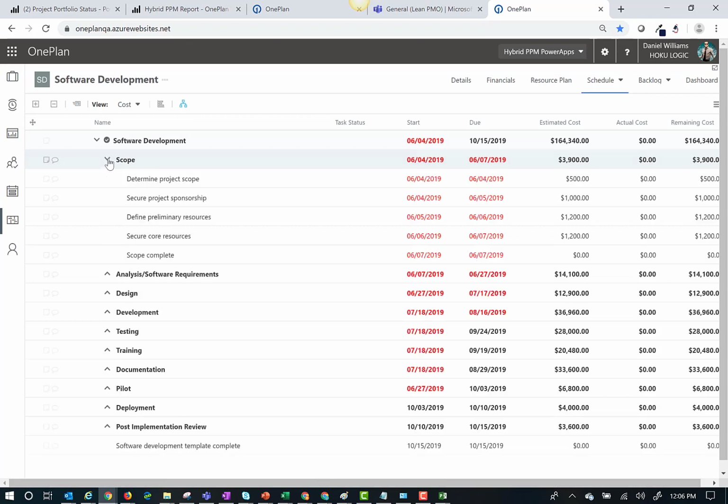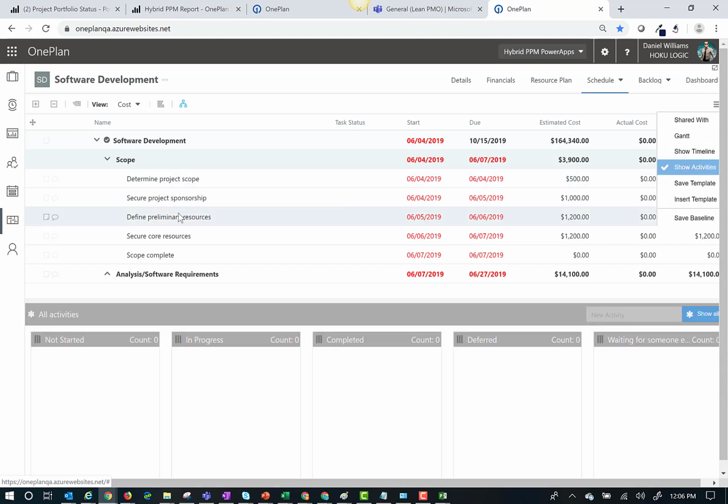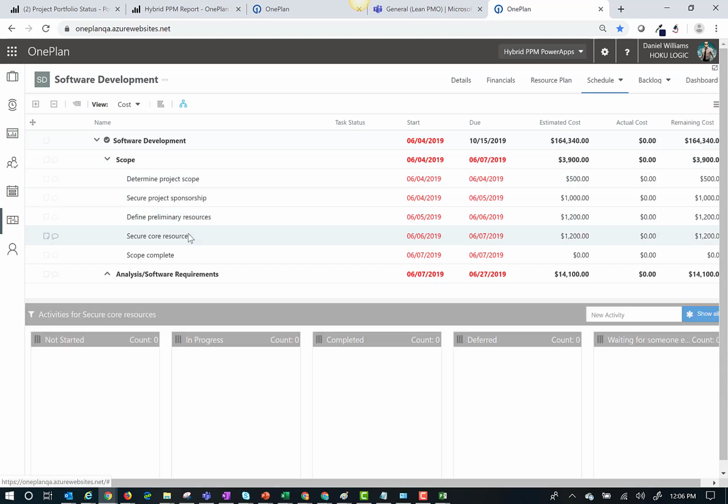I also have a different type of hybrid board built into OnePlan with Microsoft Project. It's the ability to take one of your scheduled tasks and build out an activities board for that particular task. So for example, if I wanted to secure resources, I needed to identify team, get interview team, get contracts signed. So whatever it might be I need to do, you might come in here and fill that out, and as you start to move through the process here, you can then move your activities underneath this